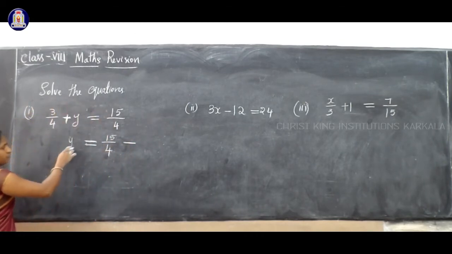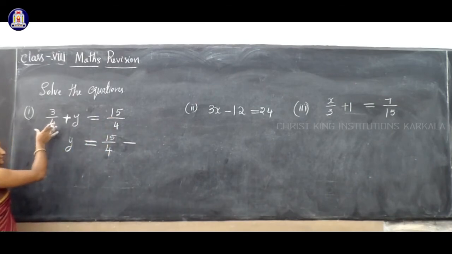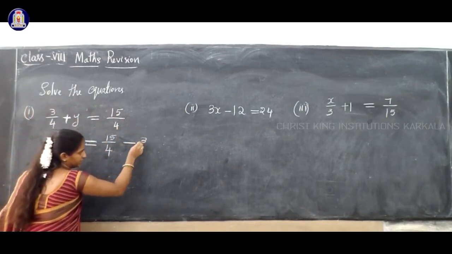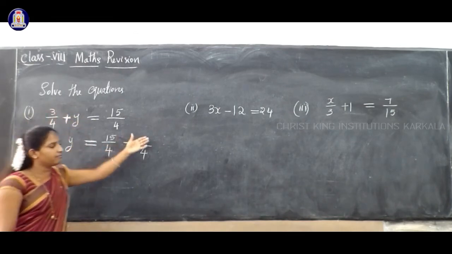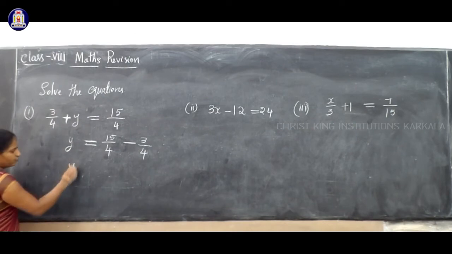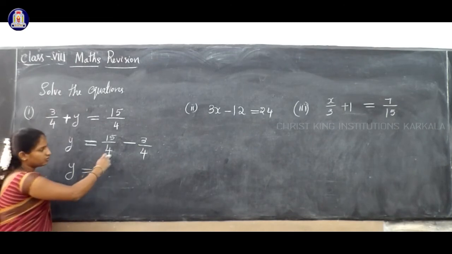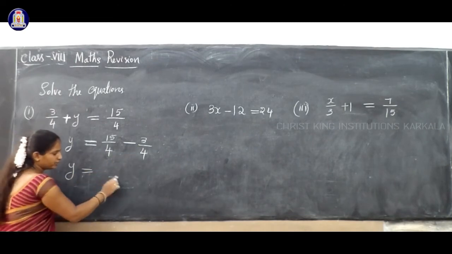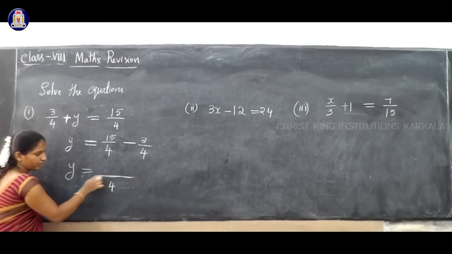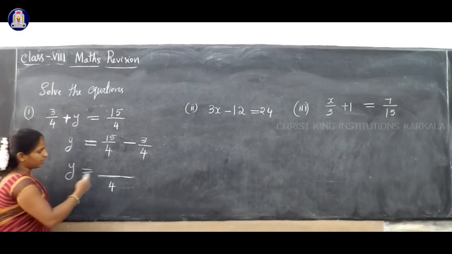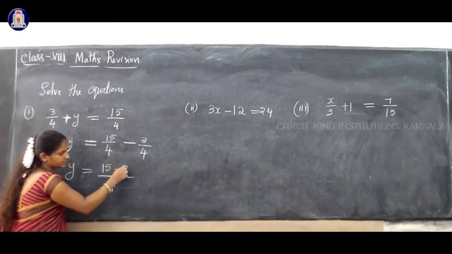Clear? So now y is equal to 15/4, write as it is. Bring this term. It means 3/4 write in another side. So we get minus 3/4. Plus 3/4 will go to another side. So we get minus 3/4. Okay? So therefore y is equal to 15/4 minus 3/4. See the denominator. Is the denominator same? Yes. So here no need of making denominator same. The denominator is already same. So now what we have to do? Just add or subtract the numerator. See, in the numerator we get 15 minus 3.